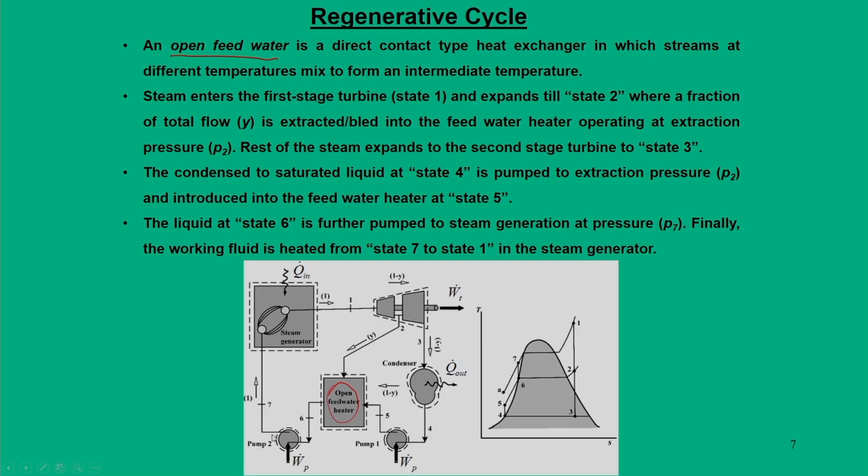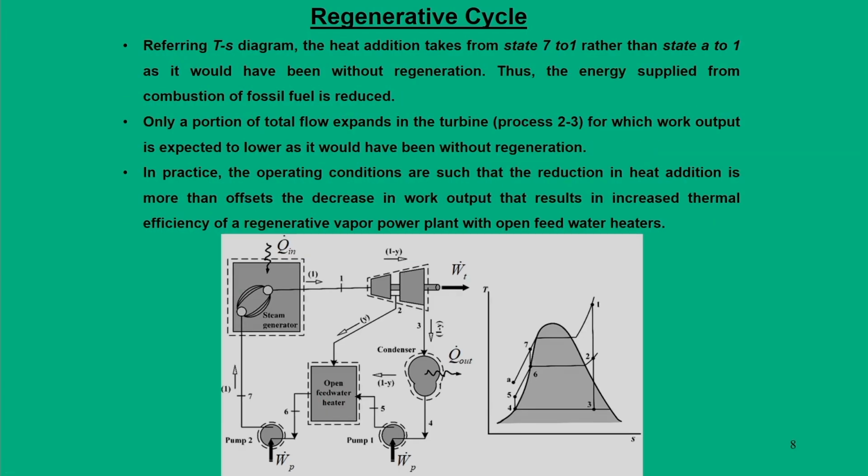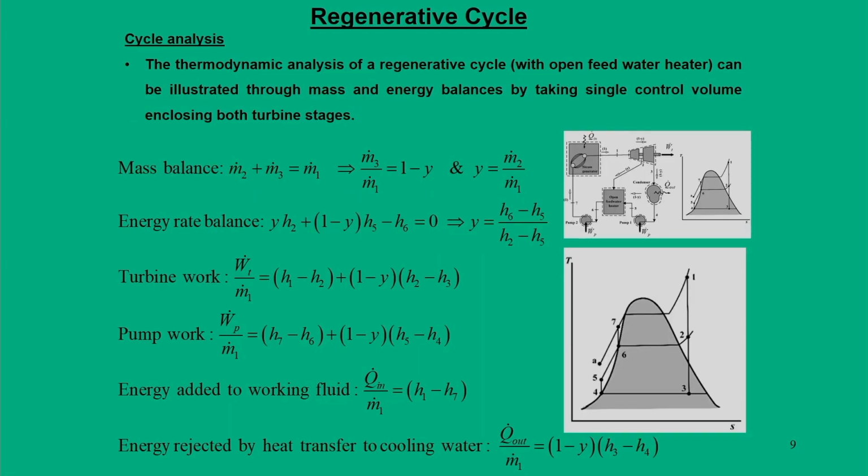So, we require a second pump which can push this water to boiler pressure or steam generator pressure. So, that is the reason we require two pumps in open feed water regenerative cycles. So, rest of the concept remains the same, and if you do this analysis for an open type feed water system for a regenerative cycle, a similar study we can make, that is mass balance and energy balance equations for open type